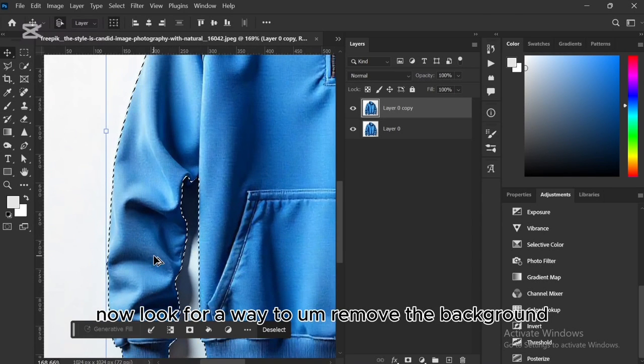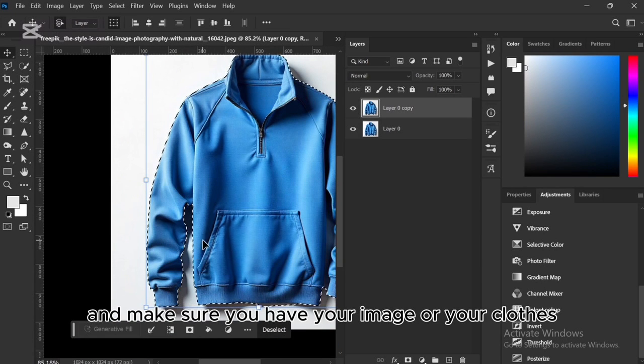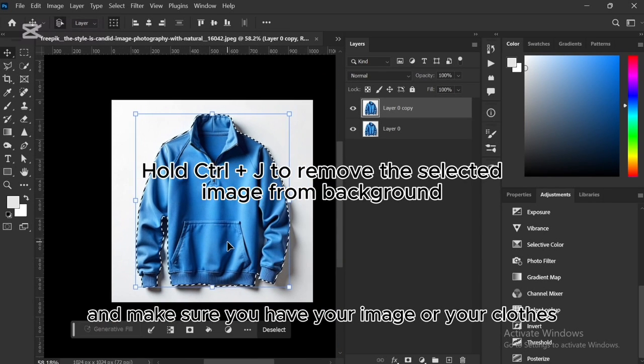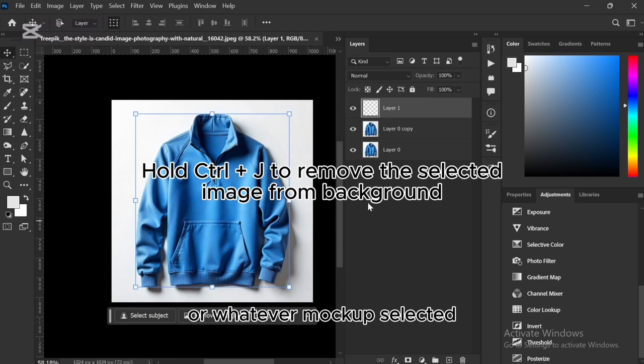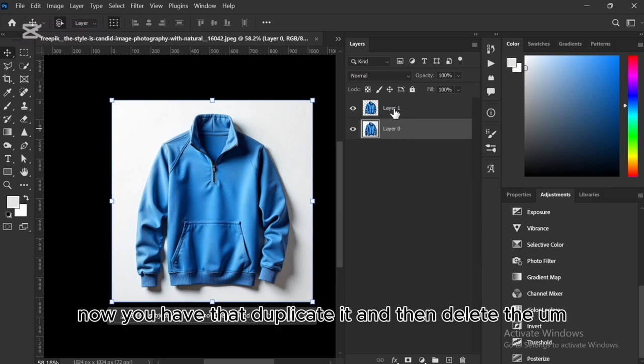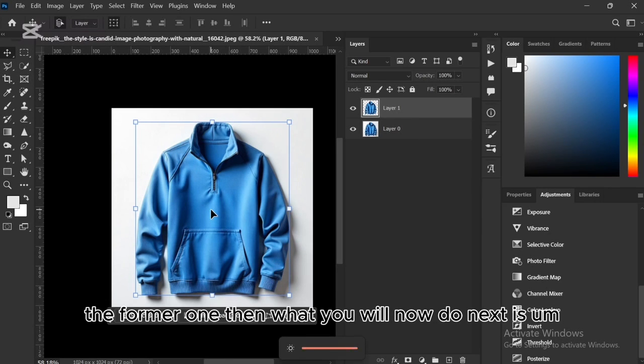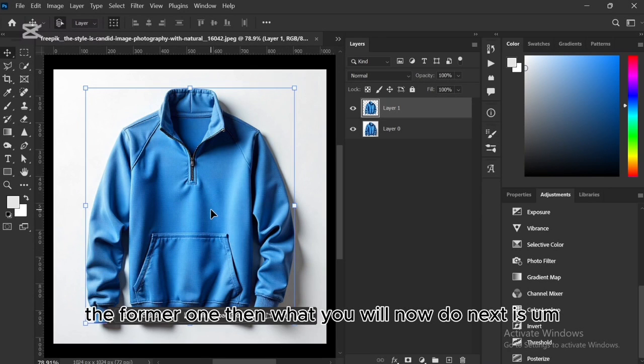Now look for a way to remove the background and make sure you have your image or your clothes or whatever mockup selected. Then you click on Ctrl J to remove the background. Now you have that, duplicate it and then delete the former one. Then what you will now do next is